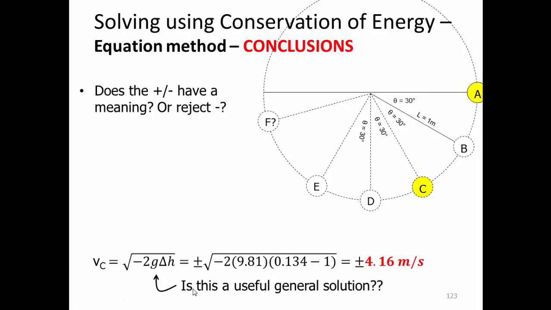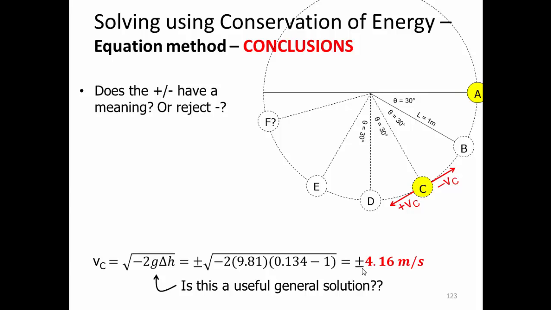So here's another question. Does the plus or minus have any meaning here? So I threw this in. Mathematically, since we were taking the square root of a squared number, there'd be two answers. But do we actually get two answers out of this? My argument is yes. Here's positive VC as we're swinging down,